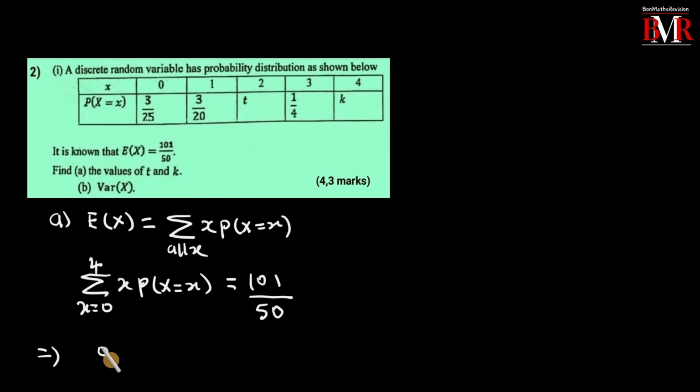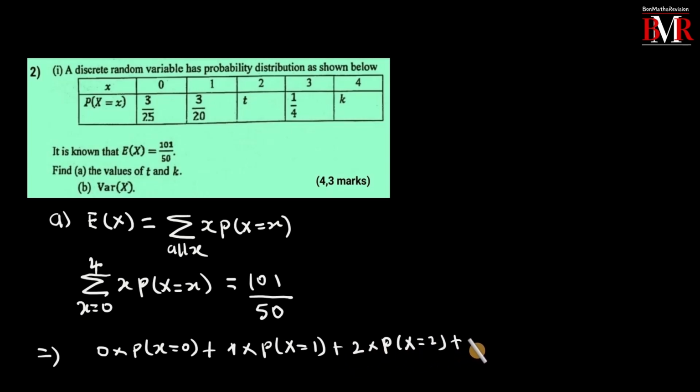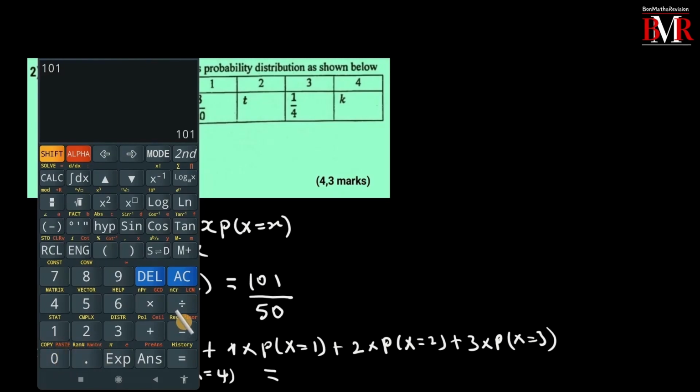That is 0 times the probability of X equals 0 plus 1 times the probability of X equals 1 plus 2 times the probability of X equals 2 plus 3 times the probability of X equals 3 plus 4 times the probability of X equals 4. All this is equal to 101 divided by 50, which is